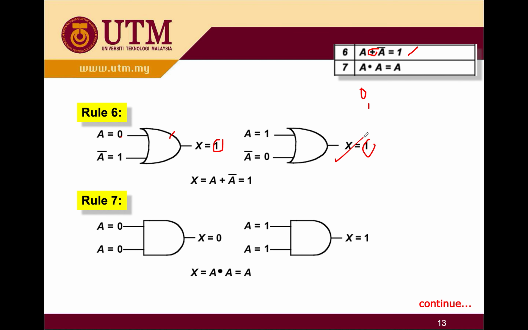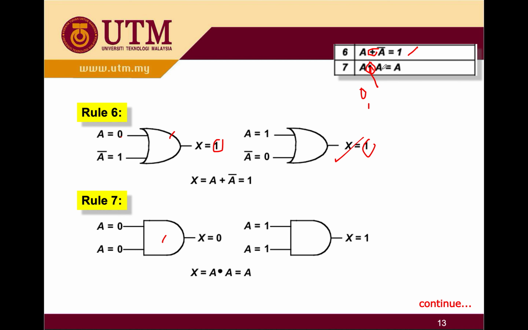So it's proof. Another one, which is rule number 6. For rule number 4, it is the multiplication. I don't know, for those who have already mastered this, you will feel bored because this is just a simple logic gate. But I still need to go through one by one for those who still need time to understand the basics. So rule number 7, you have an AND gate because it's a multiplication, the dot,